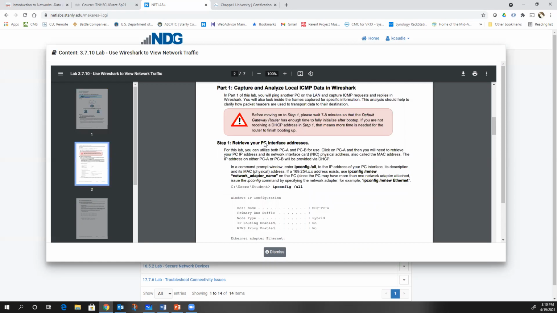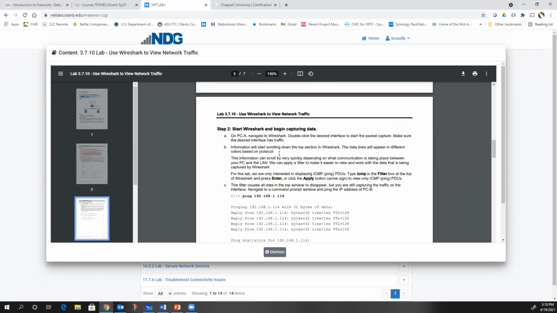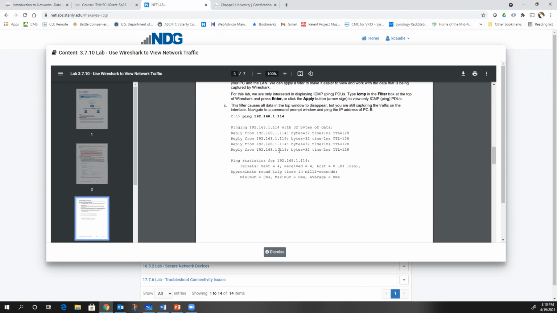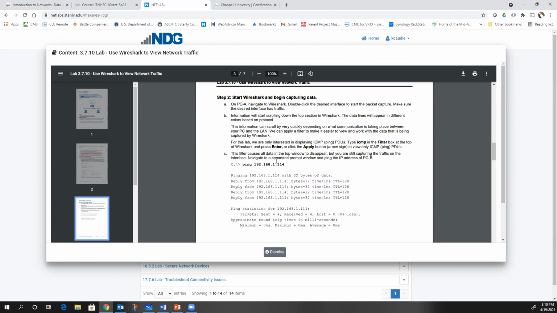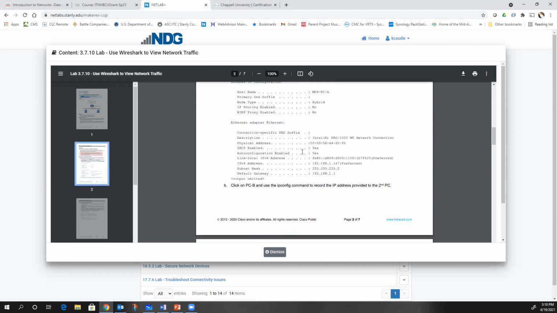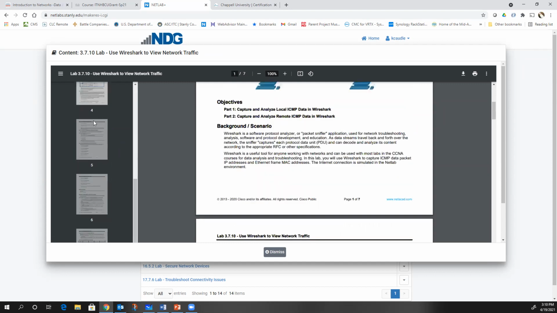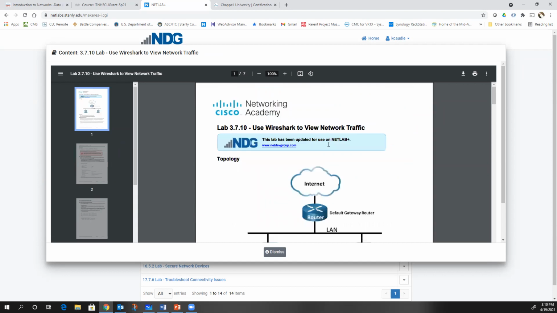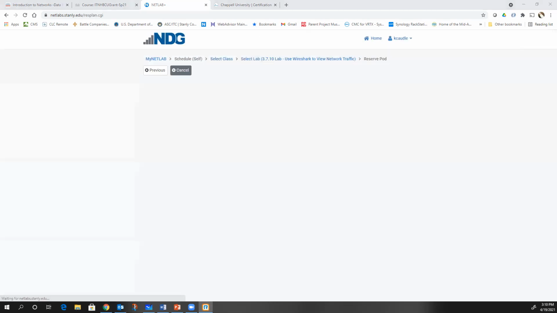Now, they were still having a problem with the ipconfig /all. Really, you're not supposed to get an IP address. They're just trying to show you that you should actually get an IP address of 192.168.1.something. But this lab's very different than the one that is inside of the curriculum. So anytime you do a lab on NetLabs, make sure when you do this, okay, I'm going to go schedule it. So obviously I'm going to click here,